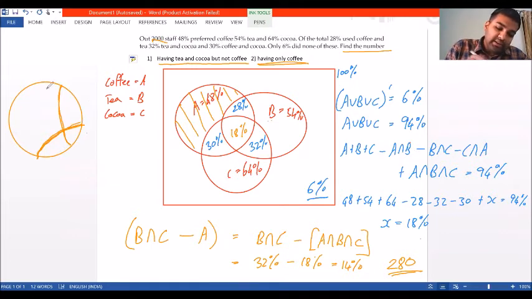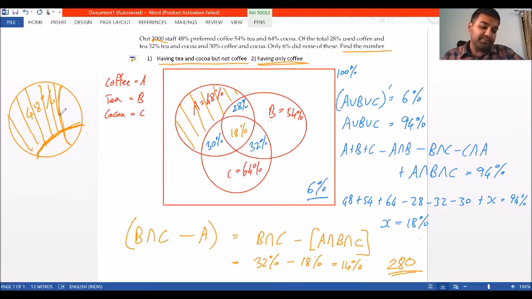The entire circle amounts to 48 percentage on the total. We should find the value of only this shaded region, which means from 48 percentage we should subtract this intersecting portion, and then we should subtract this intersecting portion. When we subtract these two values, it means that this intersecting portion has been subtracted twice wrongly, so we have to add back that. Let's explain again.